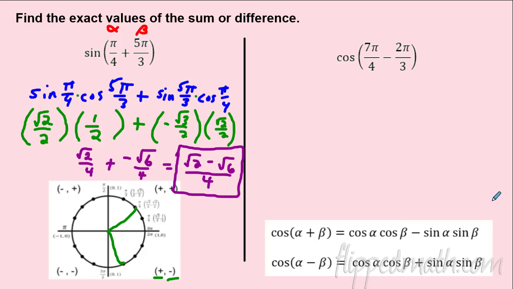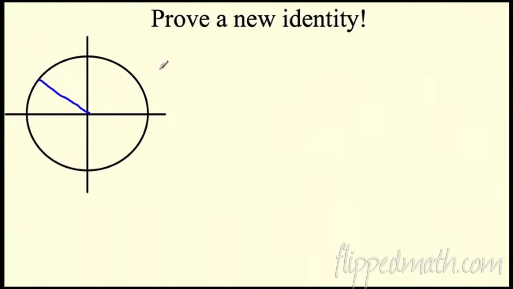Watch this little proof. If you're really interested, just slow it down. It's not often you slow down these videos, but you can slow it down and watch. But I'm going to go quickly through it just so you can say I didn't make these up. The goal is to prove what happens when I subtract or add two angles. So I'm going to start off with subtracting an angle. So let's start off with this blue angle here, and I'm going to say this angle from here to here